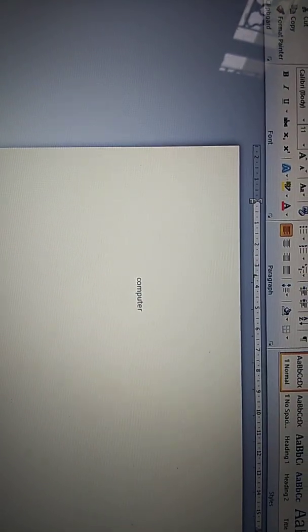Now the first topic which we have done was how to create a Word file. Now for example I am writing computer, and see when I am writing the cursor is being shifted to the right hand side automatically. I am writing computer is an electronic machine. I have typed one sentence. Now, this is how to create a MS Word, how to create MS Word for new.